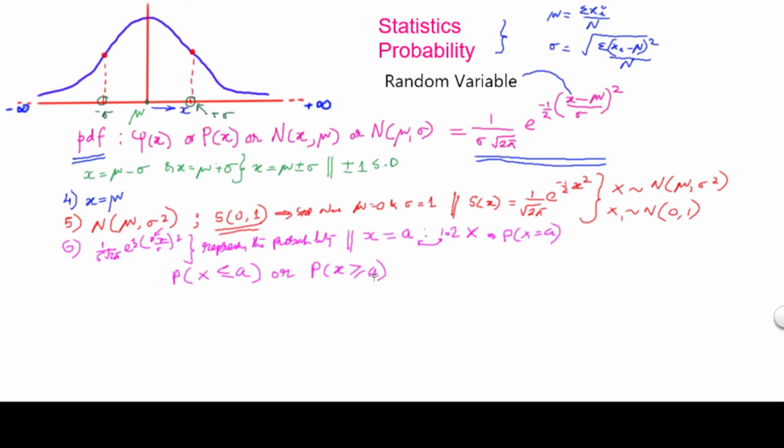So what will be this probability of x less than or equal to a? Say here you have a, this is the mean value, maybe say 1.5 meter, and a is 1.2 meter. So P of x less than or equal to a is the total area of the curve on the left side. Similarly, P of x greater than or equal to a is the total area of the curve on the right side. So this is the left of the curve, this is the right of the curve, area below the curve, left or right. This is the quantity statisticians, scientists or engineers are interested in.